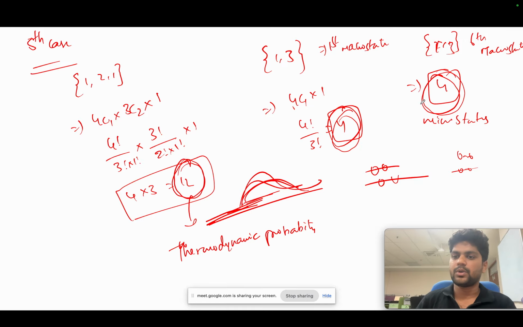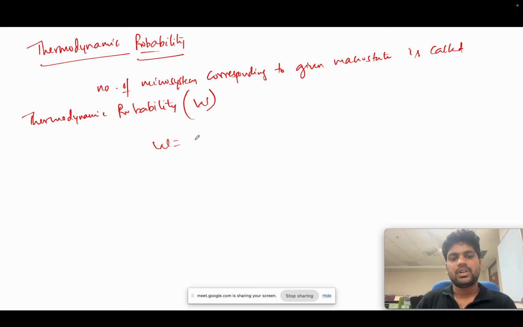These are called the thermodynamic probability. So this is nothing but n factorial by n1 factorial... Yeah, so this is nothing but